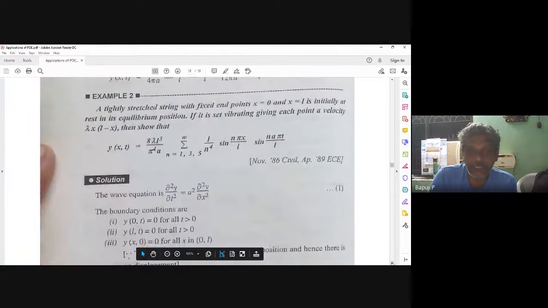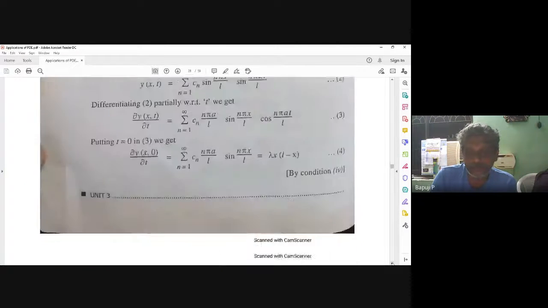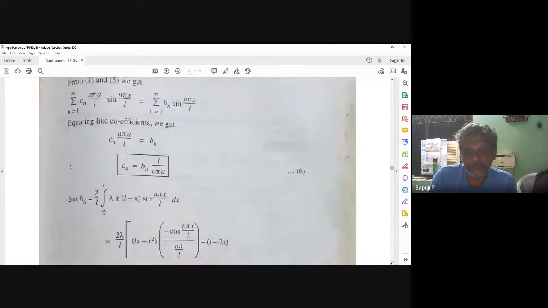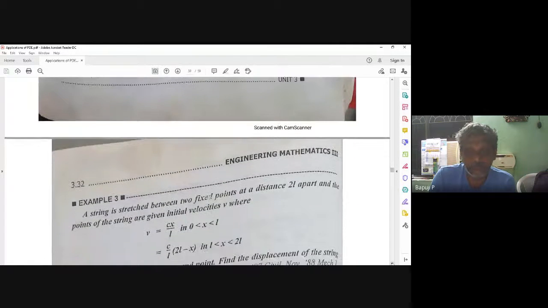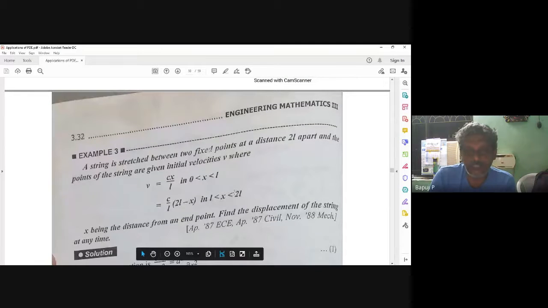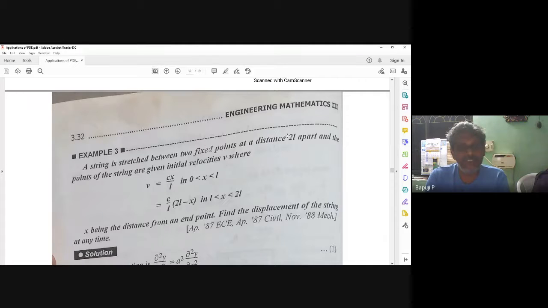It's already been done. Answer also is done. Yes, this problem is also very important. Say apart, if 2L is given, what does that mean? Can you get the half range sine series? It's a very dangerous problem. What will you do, tell me. I always need a half range sine series only. Strings means sinusoidal only. So what will you write?